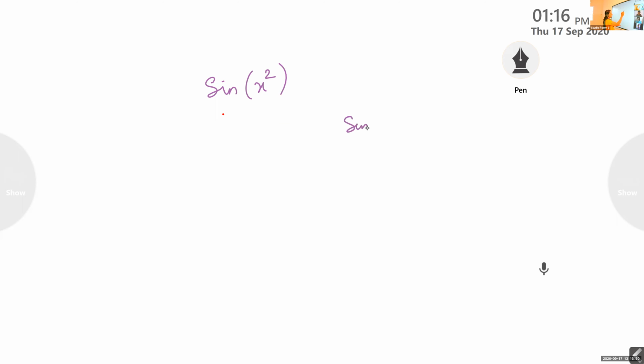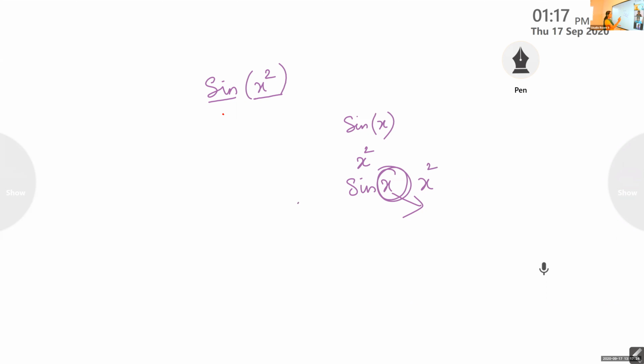But the sine, is it a function? We have learned sin x separately as a function. And x square, is it a polynomial function? So here we have two functions, sine and x square. Sin x is a separate function. Instead of this x as an argument, here we have another function, x square. So within the function, you are getting another function. That's what we call a composite function.